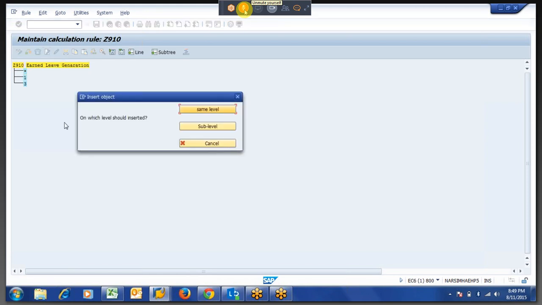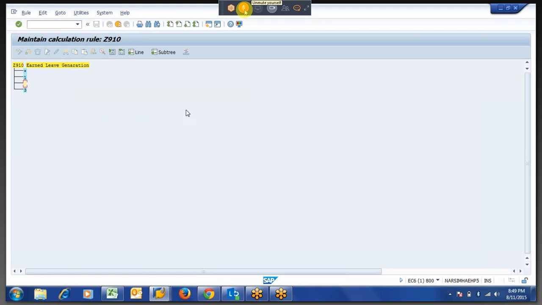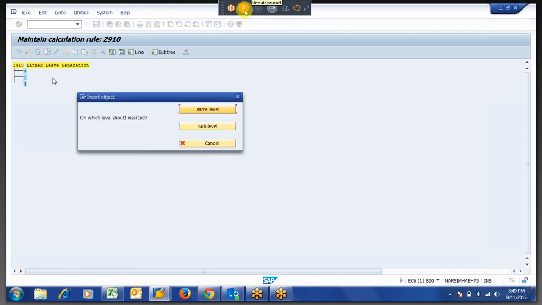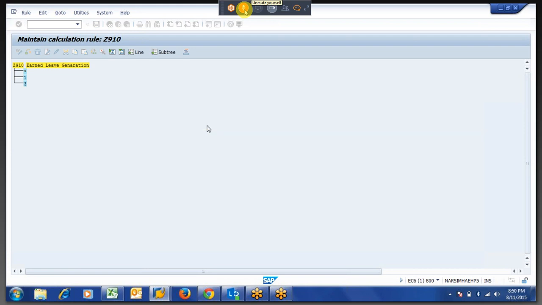You will get these blocks. If you tell the same level, a block is created at the same level. You can give some other thing. You don't require, delete. So when you are creating here, we are going to work on CAP grouping, 3 for salaried employees. I am saying create and I am taking it as subject. So when you create the second node, this is the first level zone and this is the second one. In the second one, whatever is coming, it is a time type.